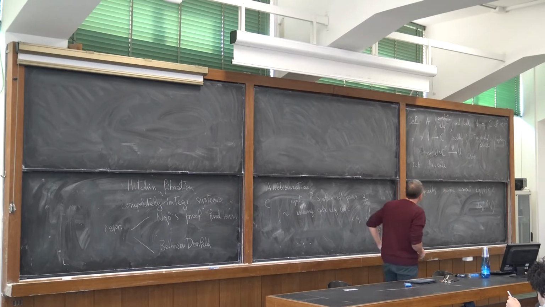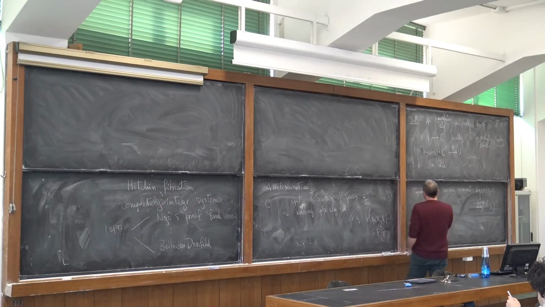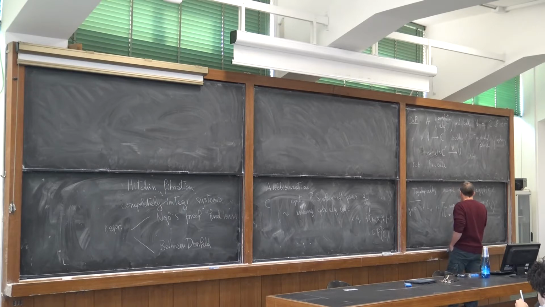Okay, so how many vector bundles are there on such a Riemann surface? If g equals 0, then the answer is simple. If Ln is the unique line bundle on the projective line of degree n,